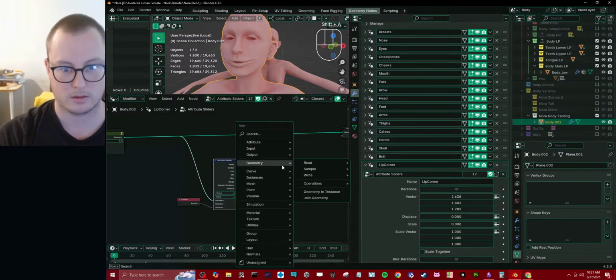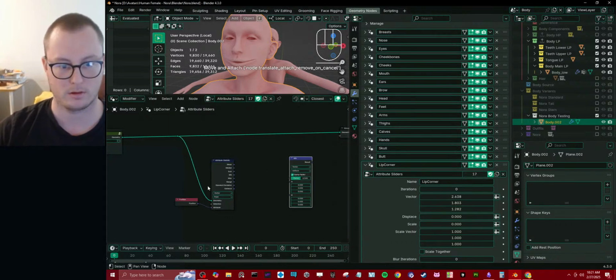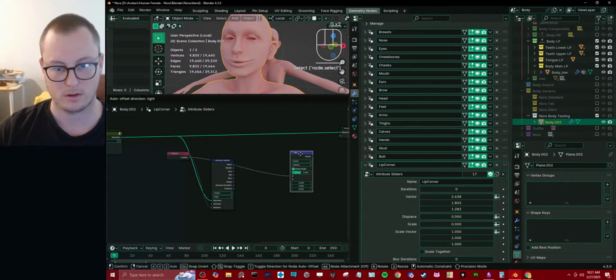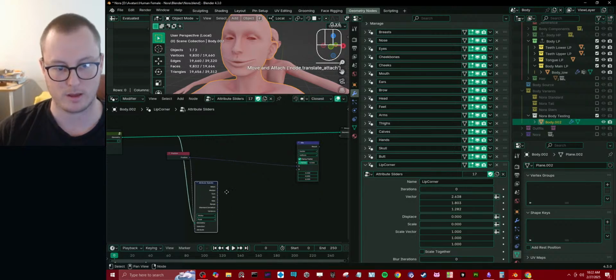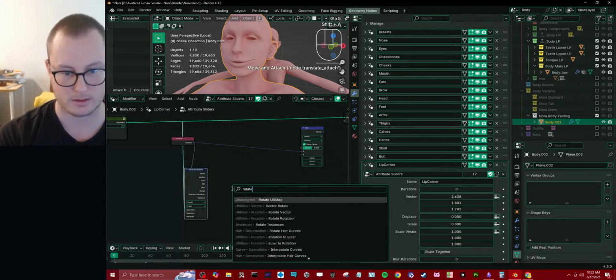And we'll do a vector, mix vector. And we'll want to mix the current position with this new position we're going to make. And then we're going to rotate